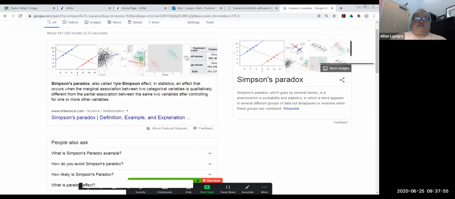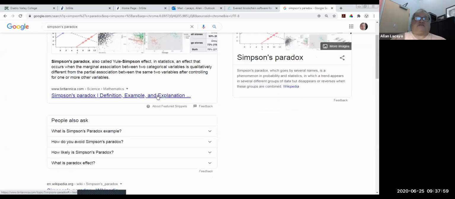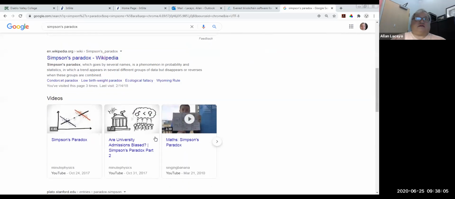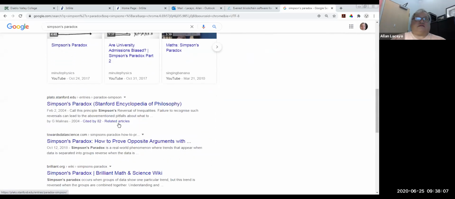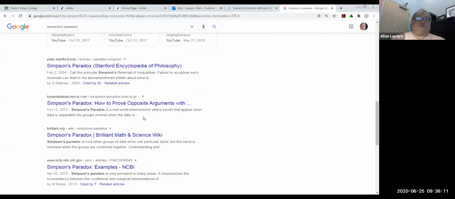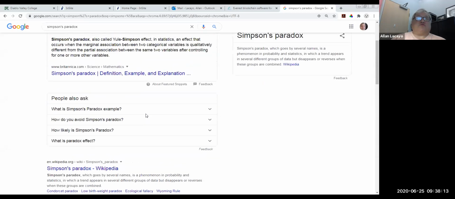It's also known as the Yule-Simpson effect. And there are several websites where you observe Simpson's paradox explained in different situations. The situation that I'm going to begin with